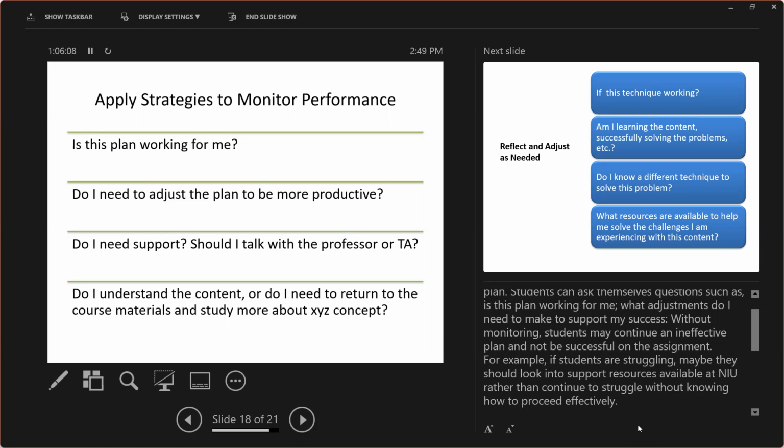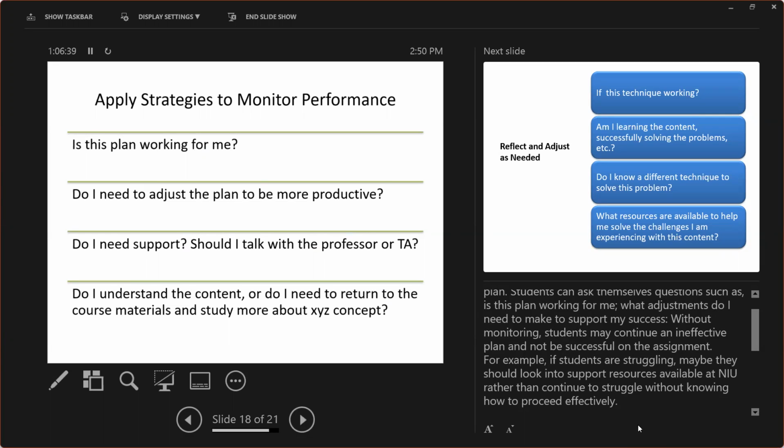So this is also something that you can build into discussion boards and assignment reflections. I'll say something like, okay, what went well with this assignment? How did you plan for this assignment? What might you do differently if you were going to complete this assignment the next time? And they'll say, well, I realized I should have started way earlier, or I really didn't have all